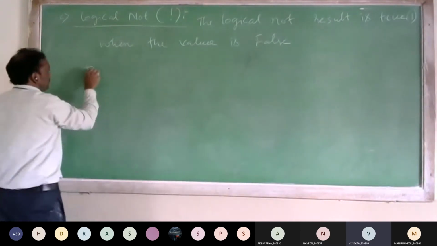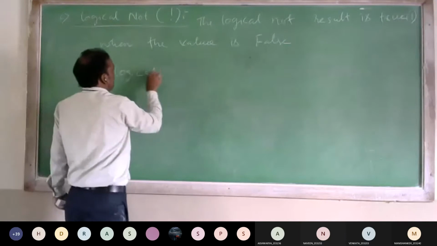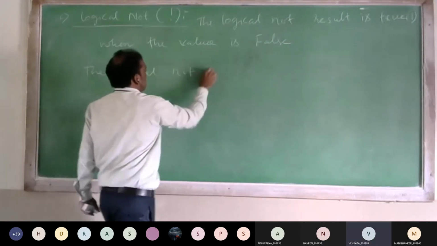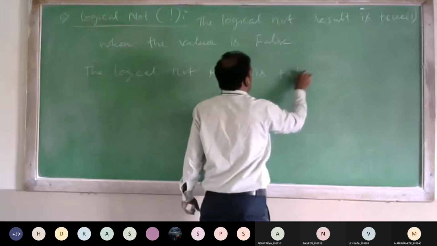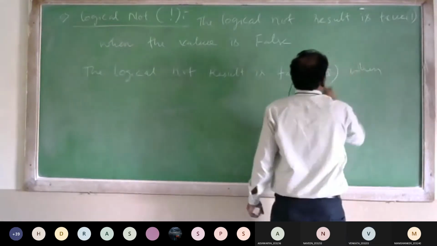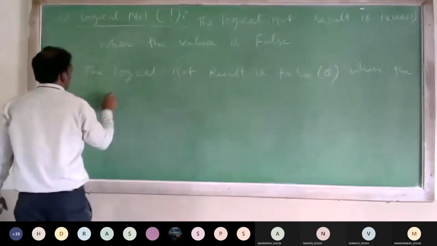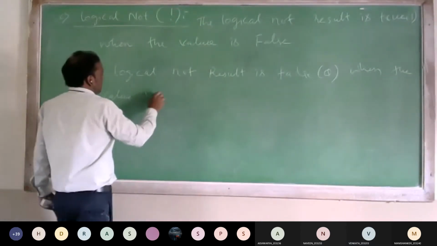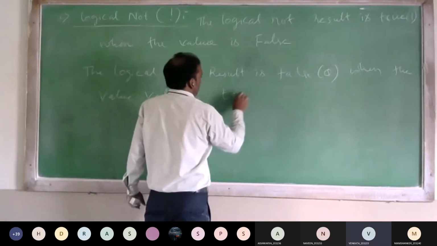The logical NOT result is false when the variable value is true.